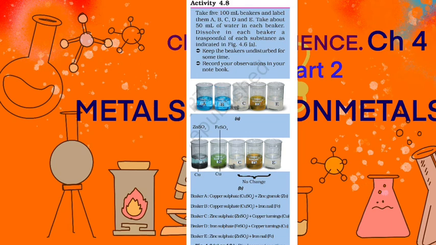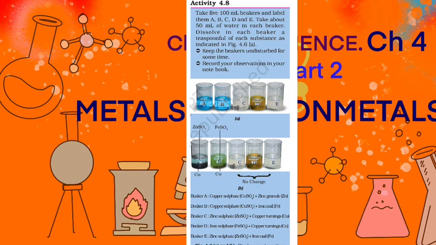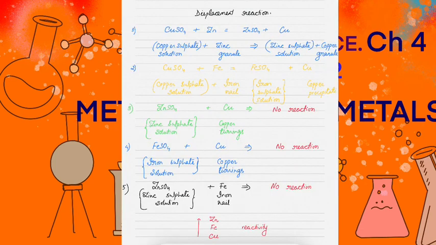We will put different metals in this solution and see if the metals that we are putting in can displace the metals that are part of the solution or not. The metals that we are putting from outside can displace the metals of the solution only if they have higher reactivity than the metal present inside the solution. So from the reactivity series we can see which metal has the higher reactivity and which has lower reactivity.